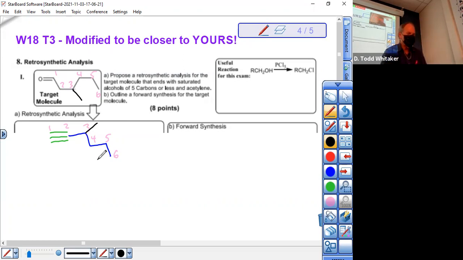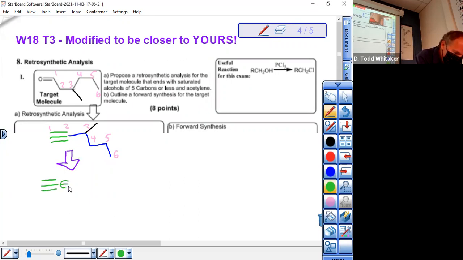Now it's time for you to think about synthesis. This was made using a synthesis reaction, where we made this bond. So you got to remember, in your limited knowledge of synthesis, you have to use a CCCC that has a minus charge and a carbon with a leaving group on it, a halogen. Please use chlorine. On this example, where you know how to make an alcohol into a chloroalkane,